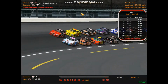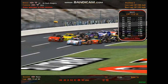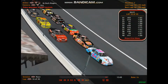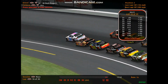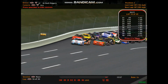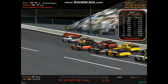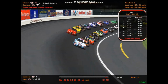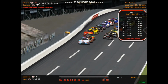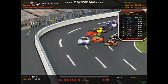And speaking of Shelton and Matthews, where are they at right now? Neither of them have made any headway there. Shelton is in 40th right now. Nope, scratch it. She's 36. She's 36 right now. Matthews running in 31st. By the way, going into this race, Kyle Matthews has the points lead by 93 over Shelton. So Matthews making a charge for what could be his 3rd championship in the series, but we still got about 3 races remaining after this here, as Cassie Dent leads her first lap of the race here,